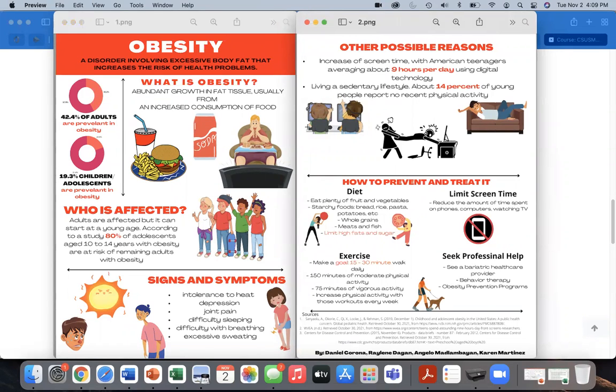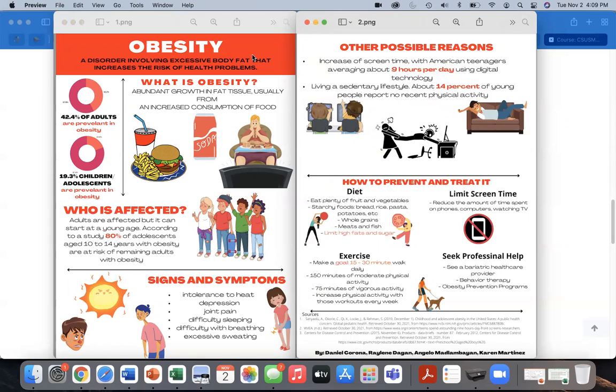And so I'm looking at your assignment and you are focusing on adolescence. So this is really great, but remember your audience. So we have to turn it into more of an adolescent type speak versus a research speak. Again, your presentation and your infographic should be intended to be viewed by your audience, not your instructor.